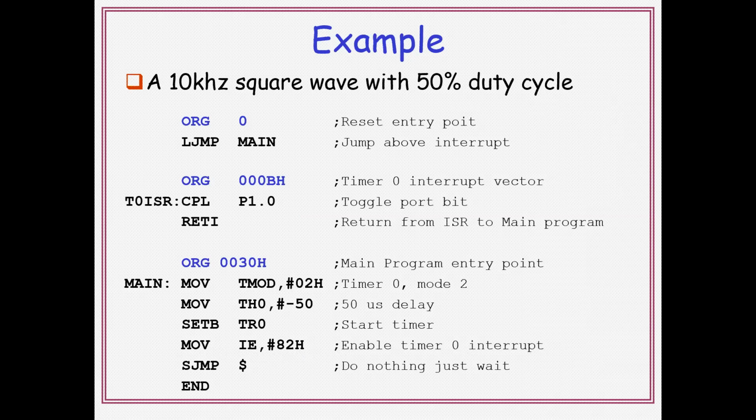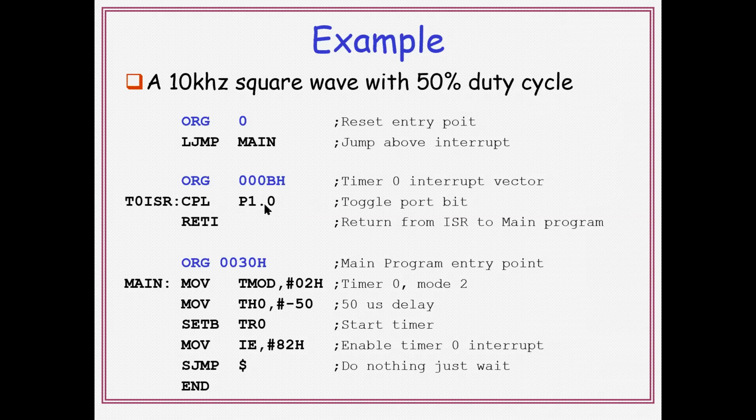Okay, and next one is SJMP $. SJMP $ indicates that stay at the same address. So what will happen here? If it is overflow, then automatically TF0 is set. Whenever timer 0 overflow occurs, then automatically it enters into the timer 0 interrupt service routine. Here the timer 0 interrupt service routine address is 000BH.